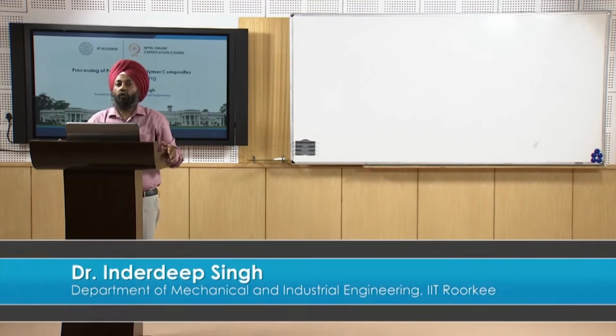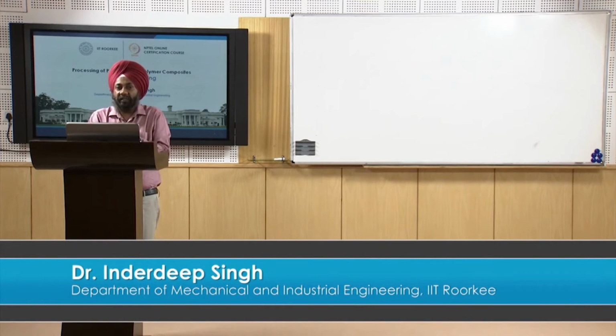Now what are the main components? Now I think all the learners must be able to appreciate and list the various important components or constituents in the filament winding process. First one is the fiber creel, from where the fibers are getting unwound and they move towards the resin impregnation system. And in the resin impregnation system, the fibers get impregnated by the resin and further they move towards the rotating mandrel. So the carriage is responsible for the lateral movement of the resin bath so that we are able to produce a requisite length of the composite product.